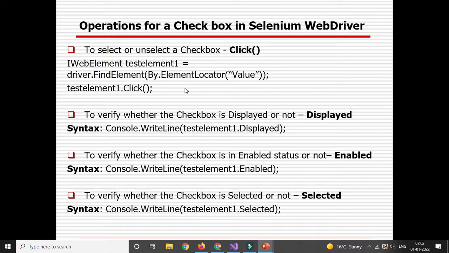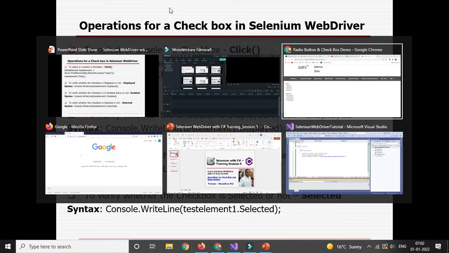After that, if you want to select or deselect the checkbox, you can use the click method. Then you can select or unselect the checkbox. So now you can see how we can do the different operations for a checkbox. So let's open the site